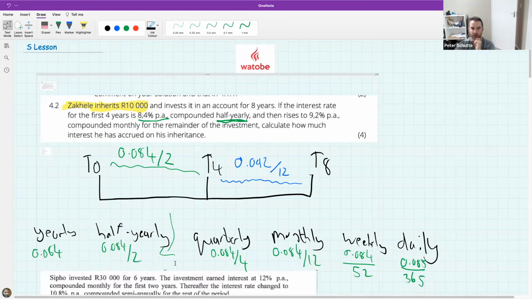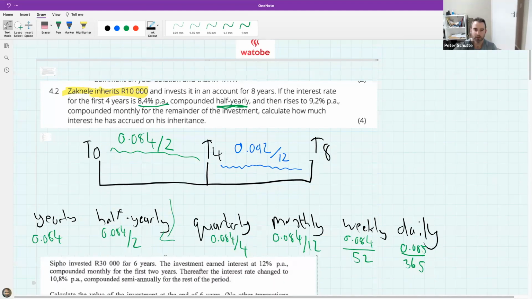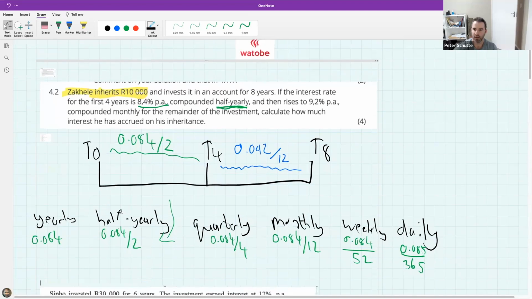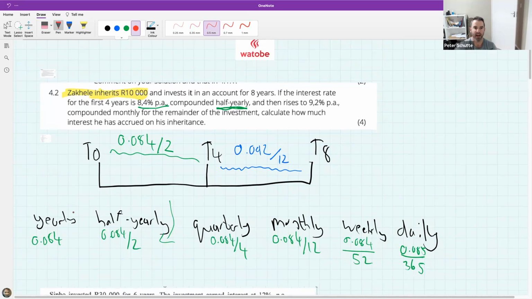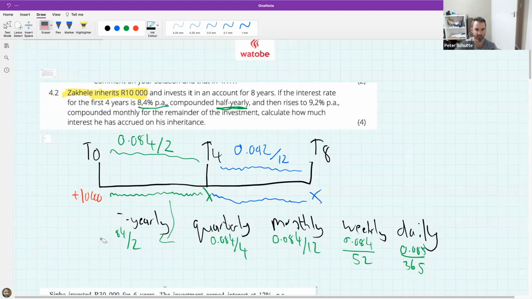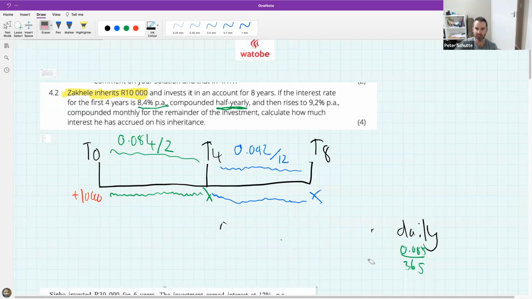Now, what is missing from my timeline that I still need to fill in? The amount invested. Yes, so how much money was actually going to grow? So this is the 10,000 Rand that you start with, and it grows at the interest rate above, and it gets to there, and then it grows at a different interest rate up to the end of that. And so your next step, and this is what we covered in the last lesson, so if you weren't with us, you might find it a bit confusing, but what we need to do is we need to see a path whereby the 10,000 can grow.